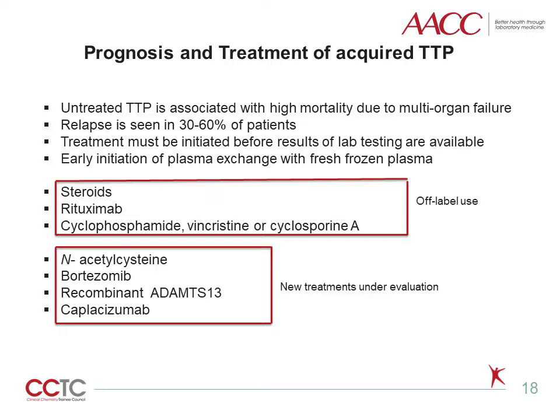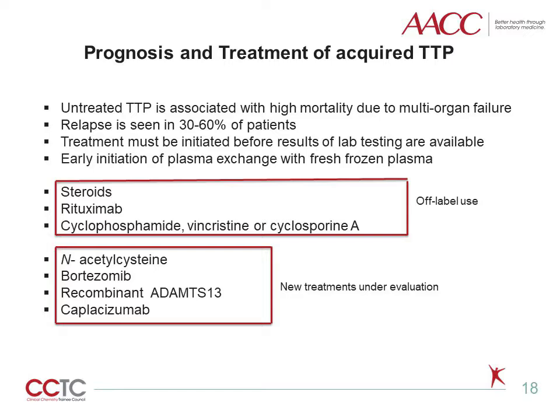So now we'll move to the prognosis and treatment of acquired TTP. The untreated TTP is associated with high mortality due to multi-organ failure. Although the majority of patients now survive the initial episode, relapse is seen in 30 to 60% of patients, more frequently in the first month. Treatment must be initiated before results of lab testing are available, with early initiation of plasma